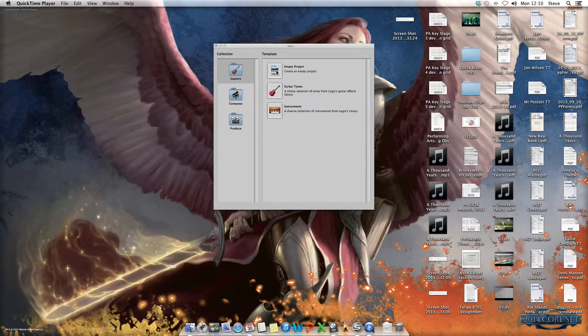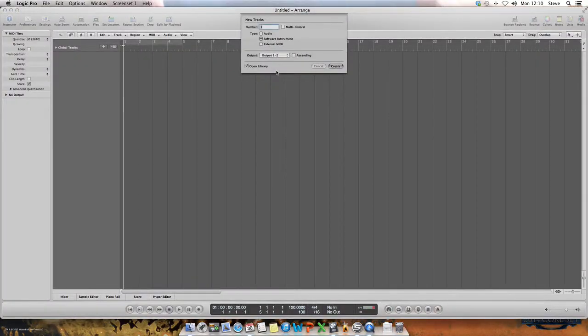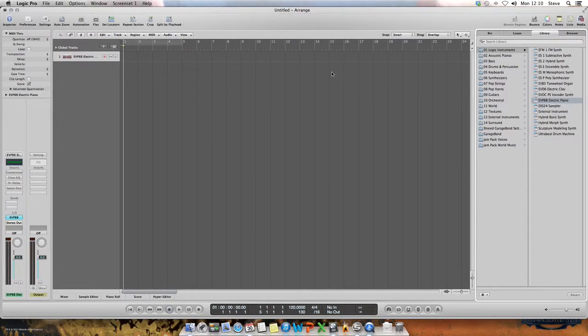So we're going to click on Empty Project. And layering is basically having multiple parts that ideally start at different times. So we're going to keep a software instrument because we're going to use the sounds inside the computer. I'm going to click Create. Now what you want to do is pick an instrument that